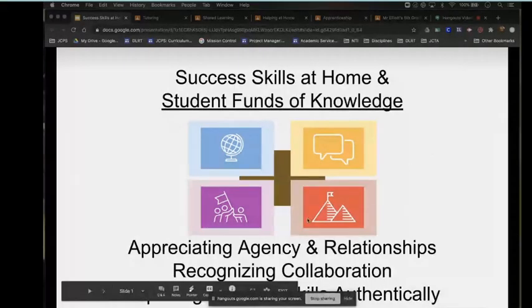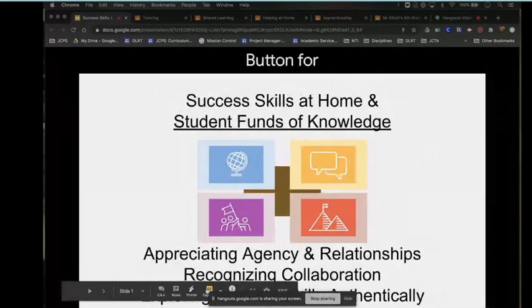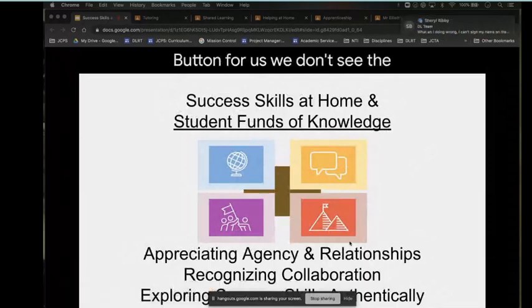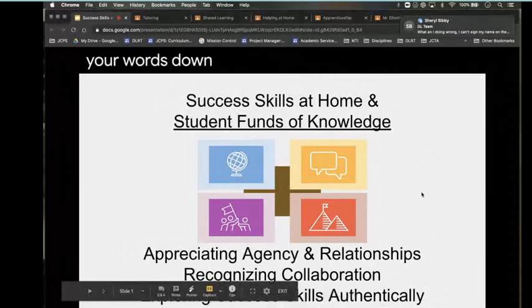How's that look? It looks fantastic. Just click on that hide button for us so we don't see the little hide. It's covering up your words down there at the bottom. And I